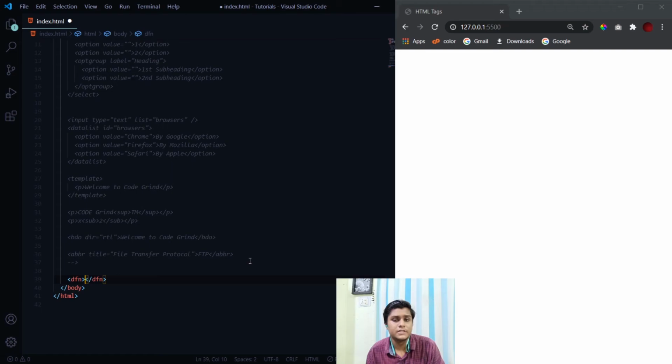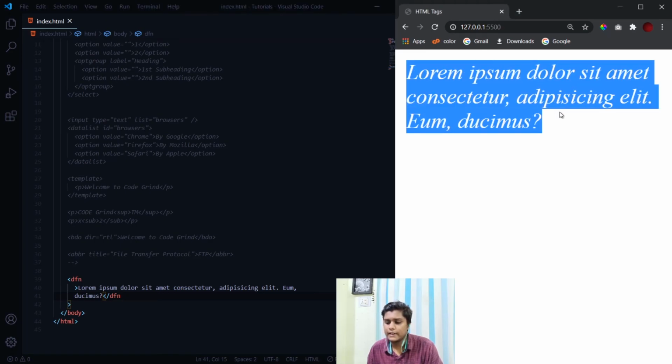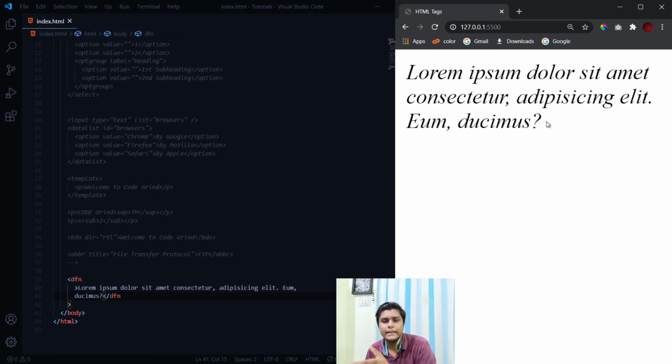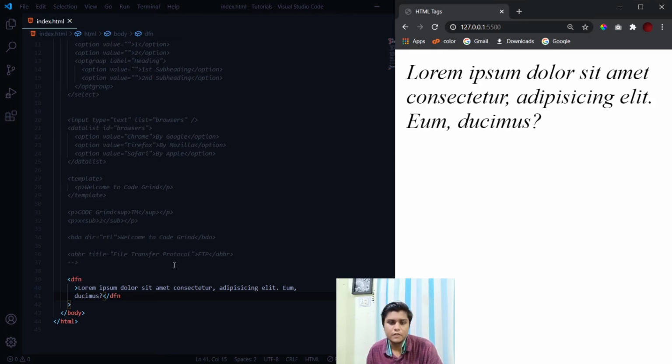As I told you, it is only for SEO purposes. Let's say we are defining something; I will just have some dummy text inside it. This text will be used as a definition, and as you see, it is highlighted in italics, which means that it is a definition. This is the general way HTML treats the dfn tag.